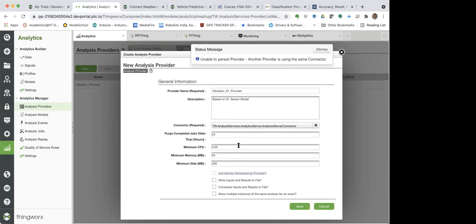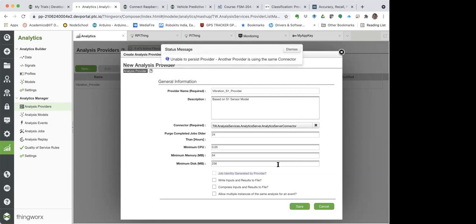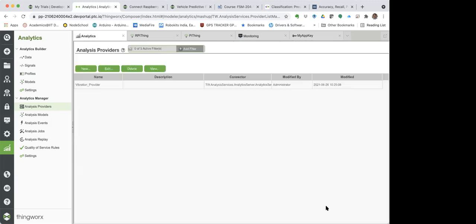So what I have done. What goes wrong over here? Okay, another provider is using the same connector. Let me just see that.